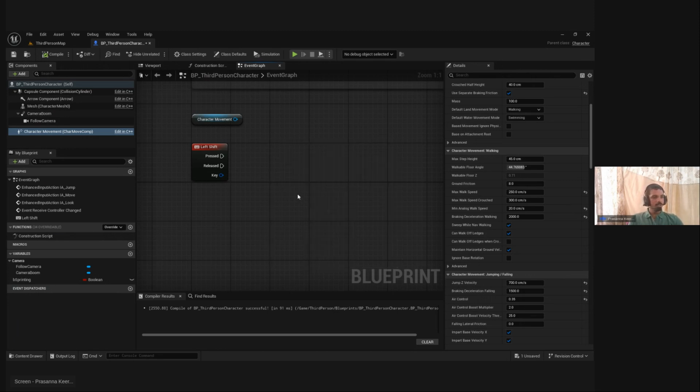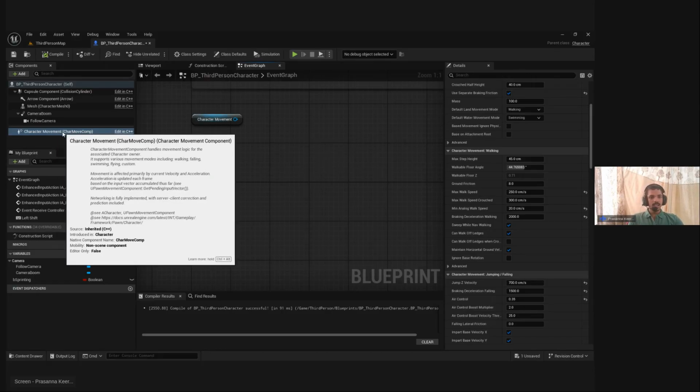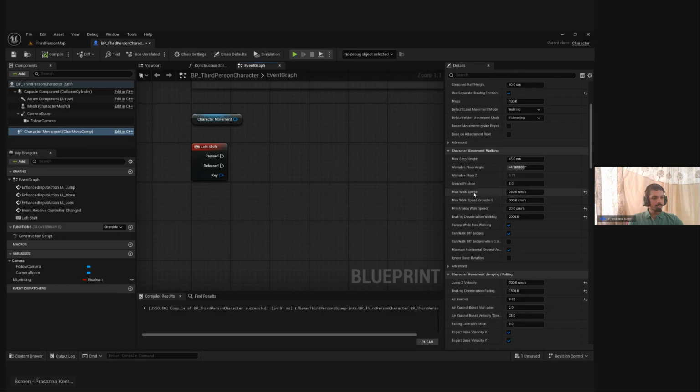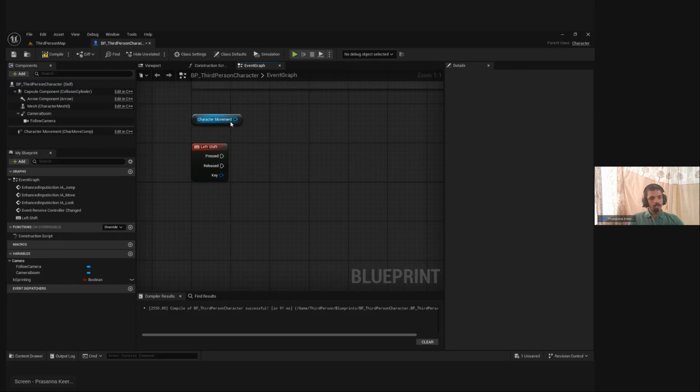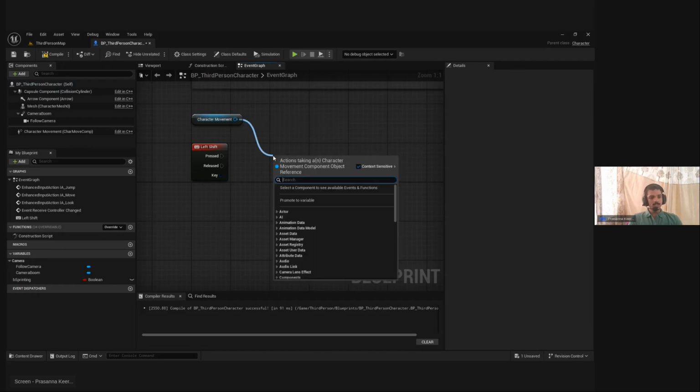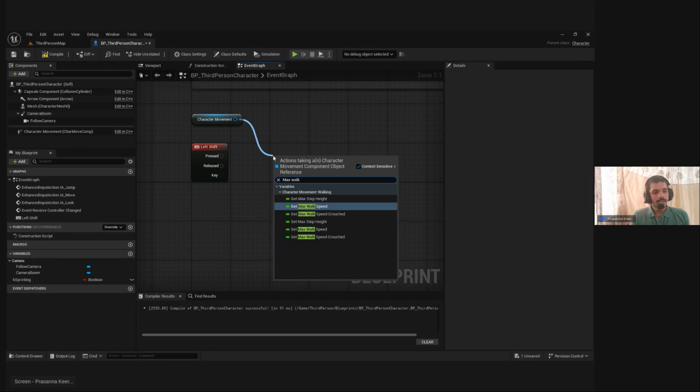But you need to understand, if I click the character movement component here, there the max walk speed is available. So I just drag and drop this one. Then I type the same name, max walk speed, and I can get Get Max Walk Speed and Set Max Walk Speed.